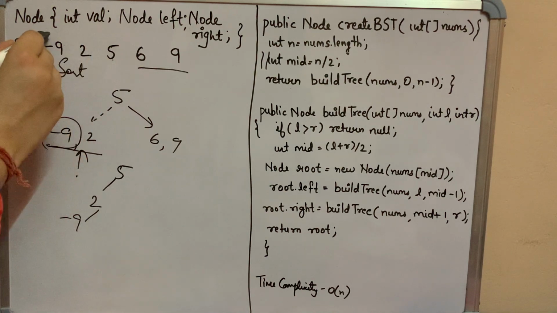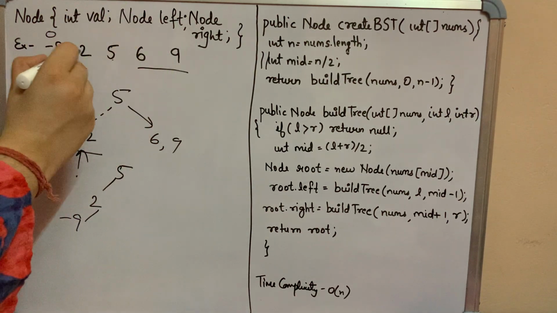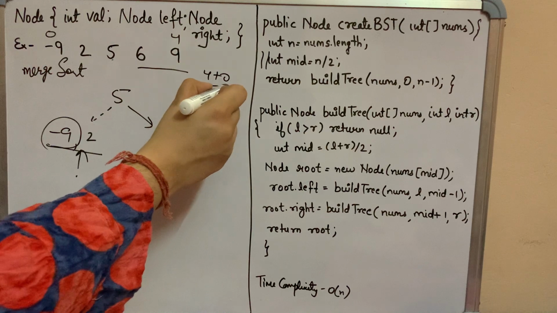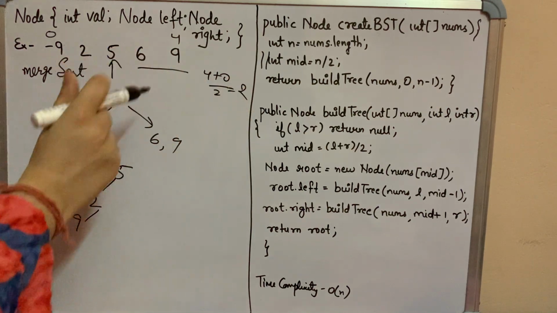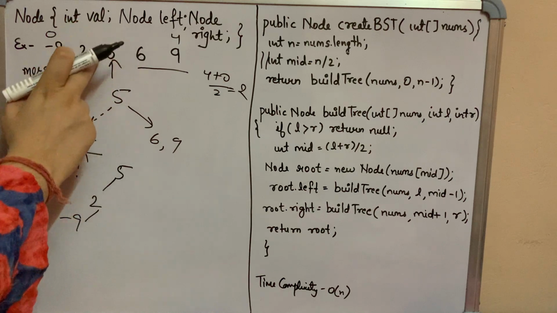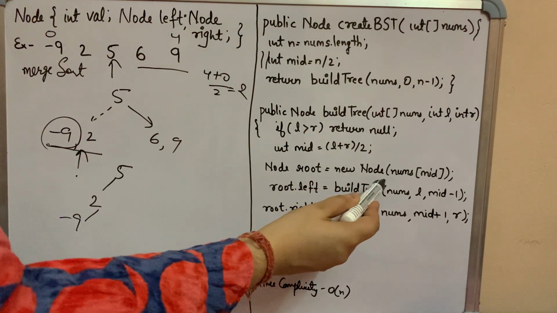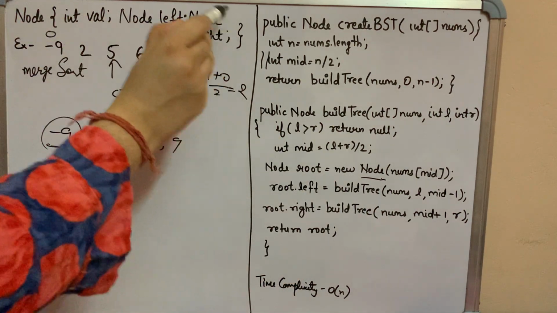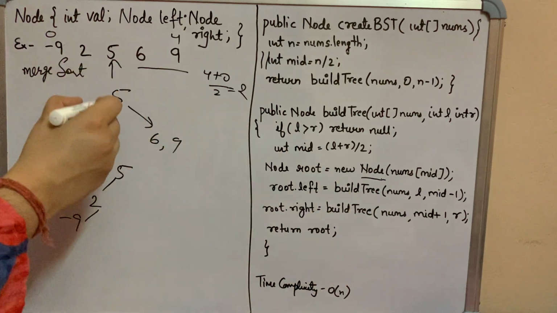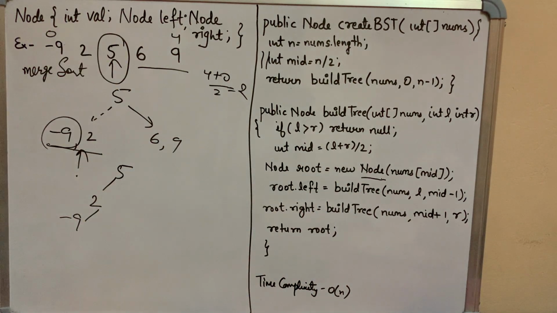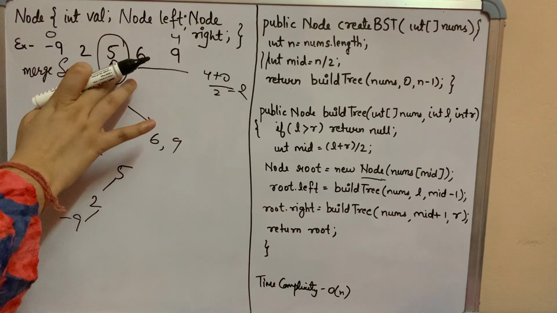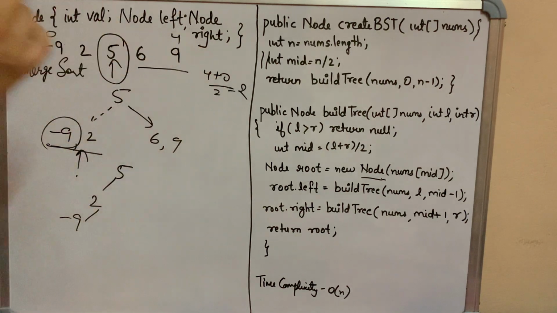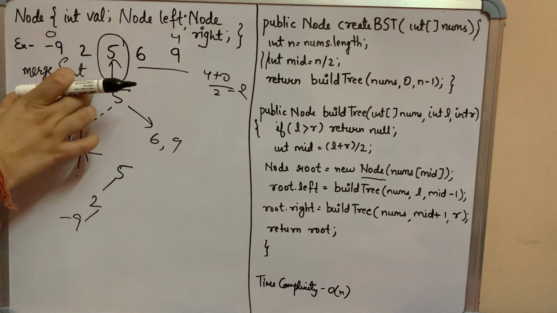So let's say this is your starting index, this is 0, and this is your ending index, 0, 1, 2, 3, 4. You have to get the middle, this is 4 plus 0 by 2, which is 2, this index. Now you pass this one as your root's value. So root equals a new node, you have to write constructors and all for this, like you created the node here. This is just the skeleton, you have to write constructors for that, and you assign this value to your node. As we discussed, once you assign this value to the node, you have to process the left section, and you have to process the right section as well.